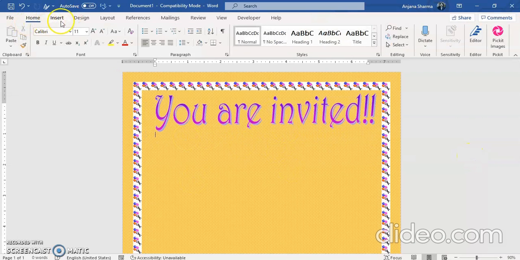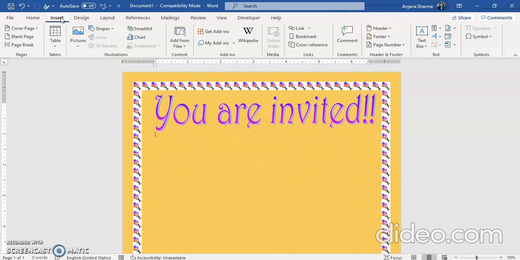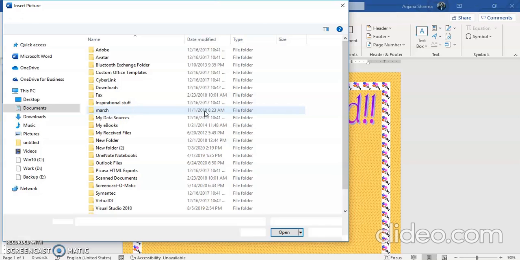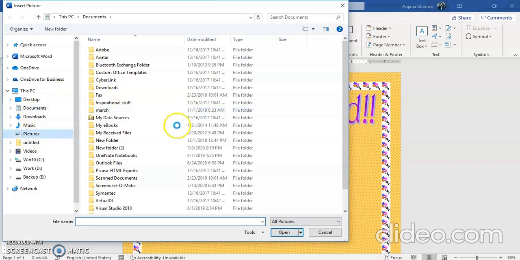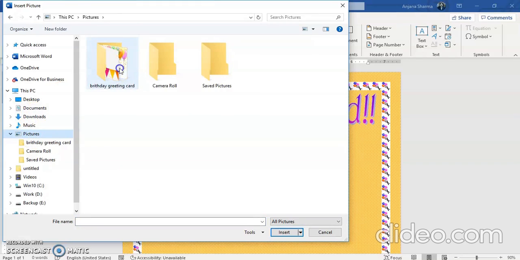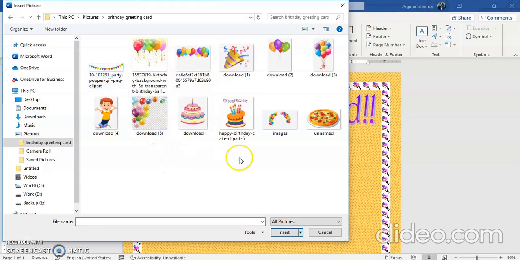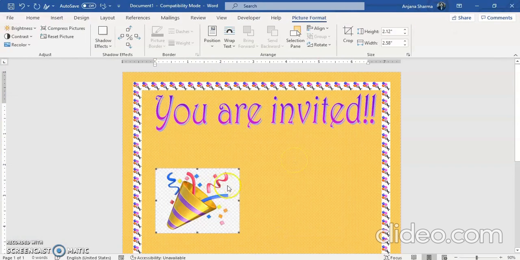So I have already downloaded some pictures in a folder in my computer. So I am going to use those pictures. In your computers, there must be a pictures folder. So it is better that you always save your pictures in the pictures folder in your computer, so that they are easy to find out. Now there are so many pictures, as you can see here. There is a picture of balloons, then pizza, then a boy, and a party popper and cake. So let us take a picture of a